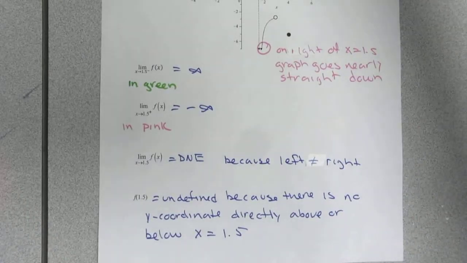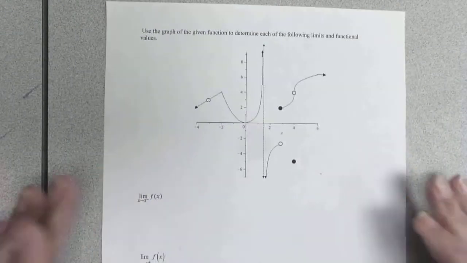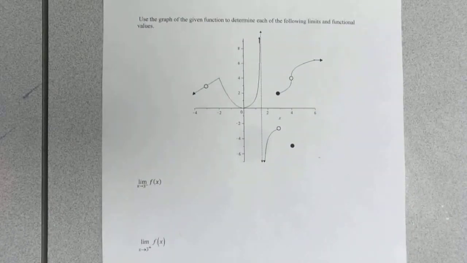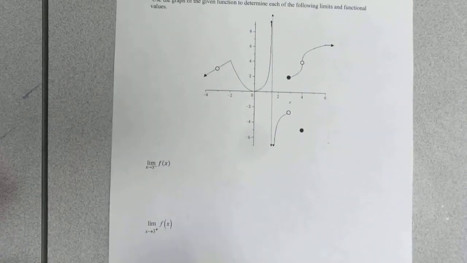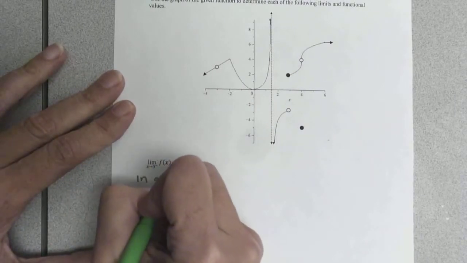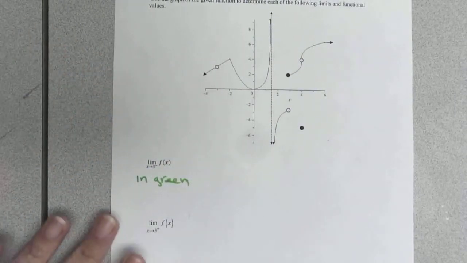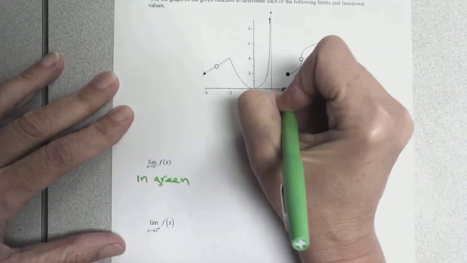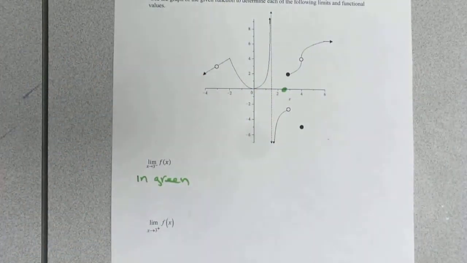Okay, got the same graph on the next one. This time we're going to do 3 from the left, right, and two-sided. So again, in green, I point to a spot close to 3, but on the left. And what I want to talk about here is a common mistake students make. For some reason, students always draw their vertical lines up. In my instructions, I said, point to a spot close to, in this case, 3, and then move vertically to